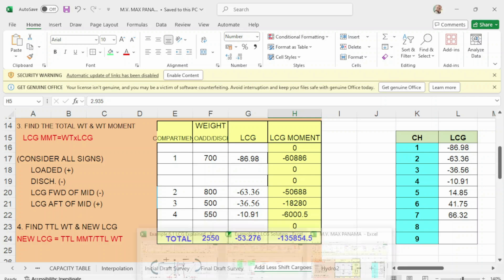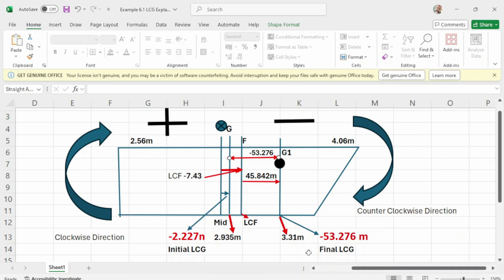Okay, from G to GG1, this is your new LCG of negative 53.276. From here, this will be your GG1. Okay, I hope that's clear.